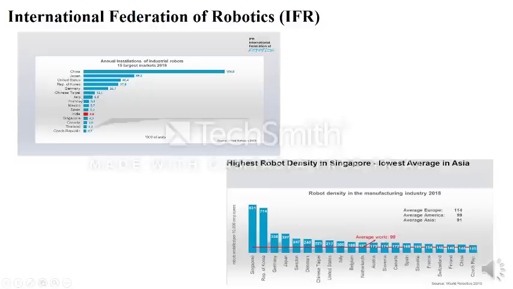Italy. This is Taipei, Chinese Taipei, Italy, France, Mexico, Spain. Where do we stand? We stand very low. We use robots in industries at a very small number. Why? The awareness is not much. People are thinking it's a huge cost. Technology has not been transferred, and the cost is also adaptability of robots